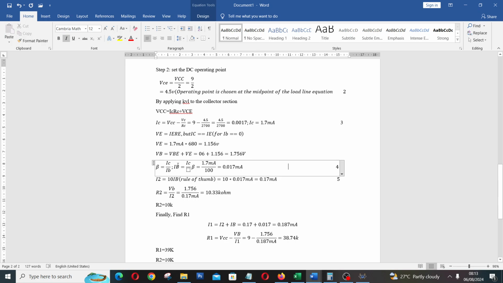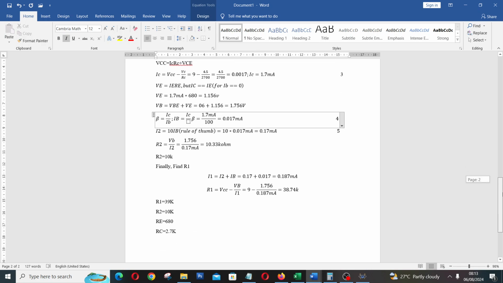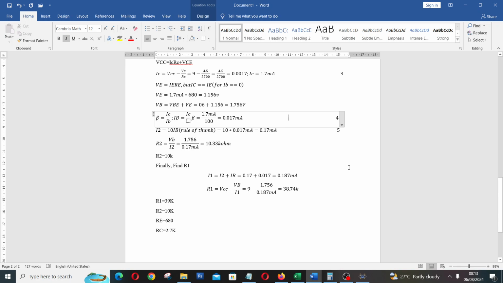So now beta for this transistor is 100. That is, the current amplification factor is 100. So when you put these values together, you get your IB to be 0.017 milliamps. You can confirm this by calculation. Then from there, if you have gotten IB, now if you go to this